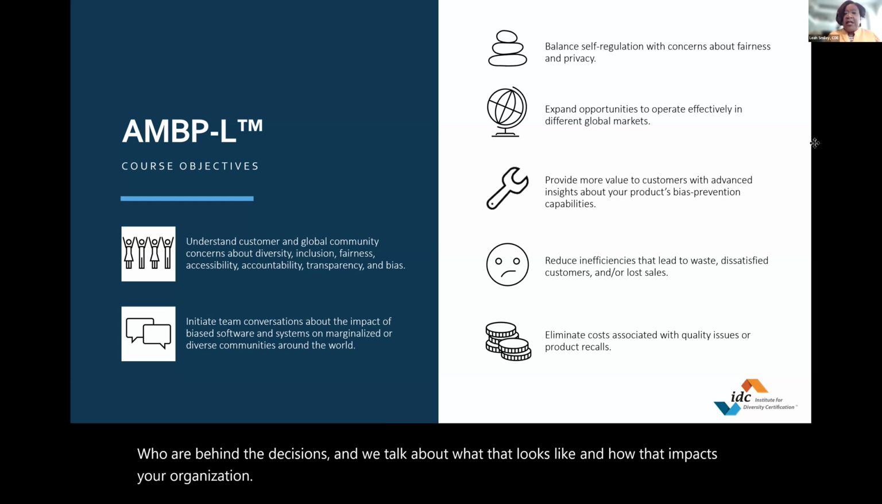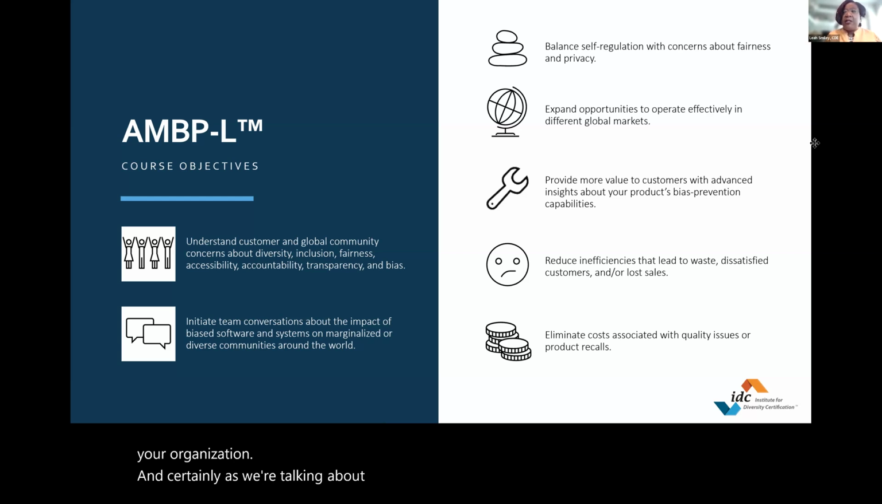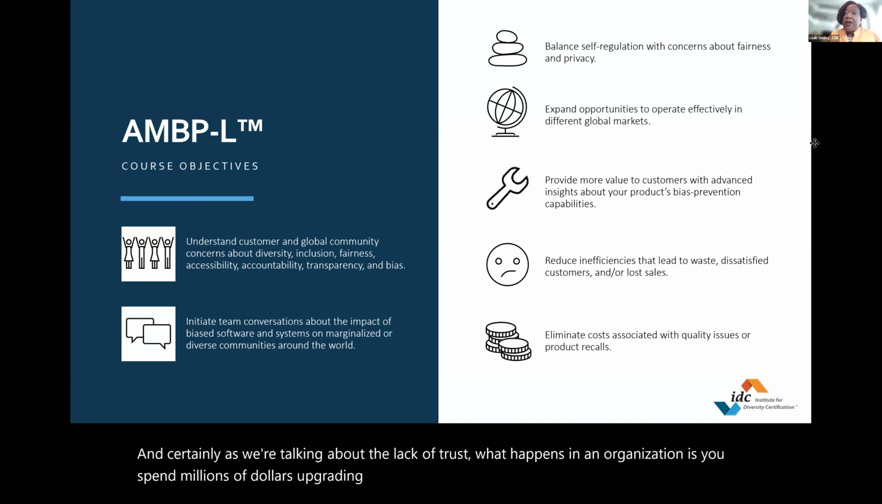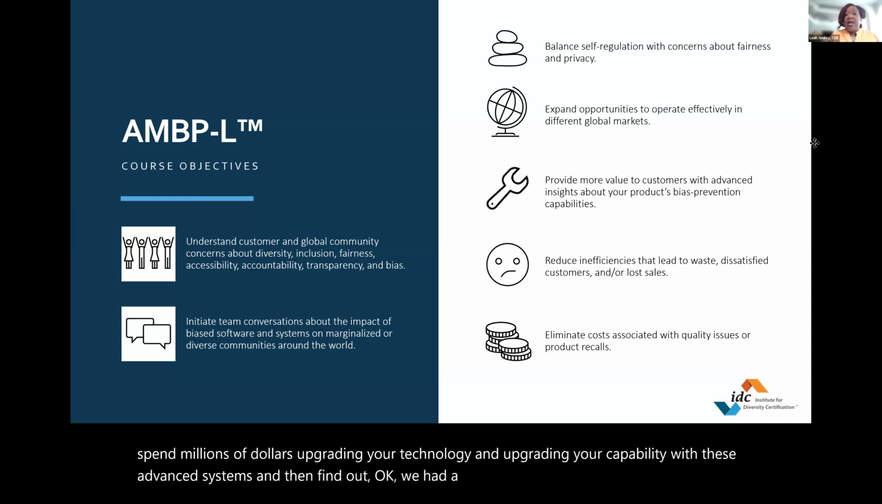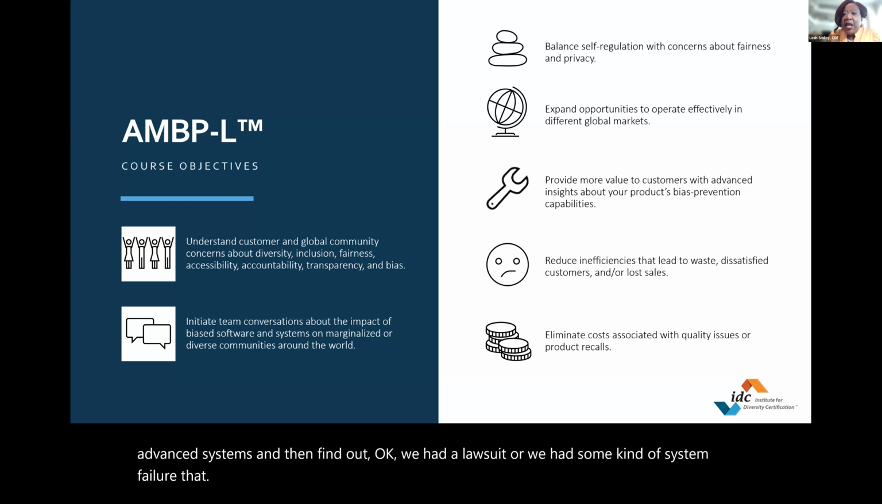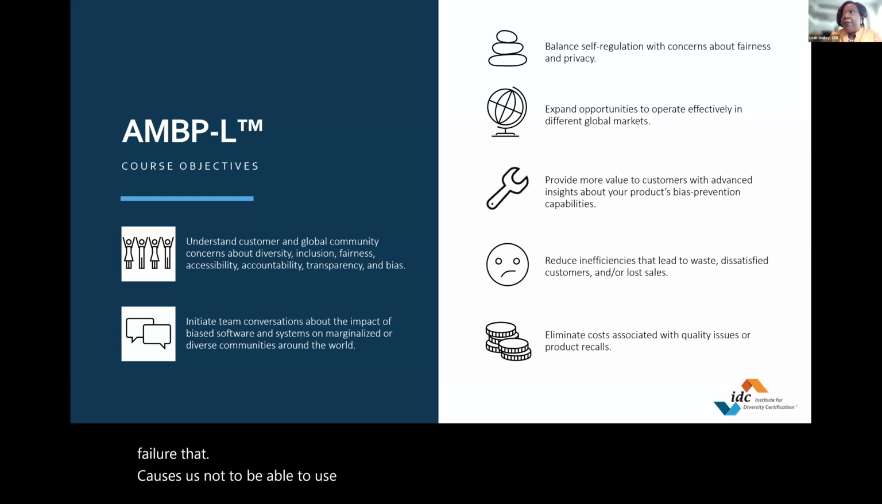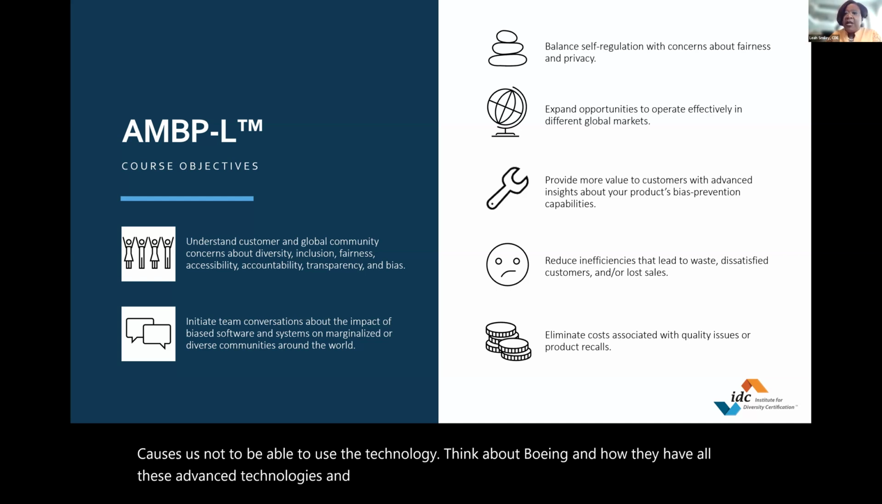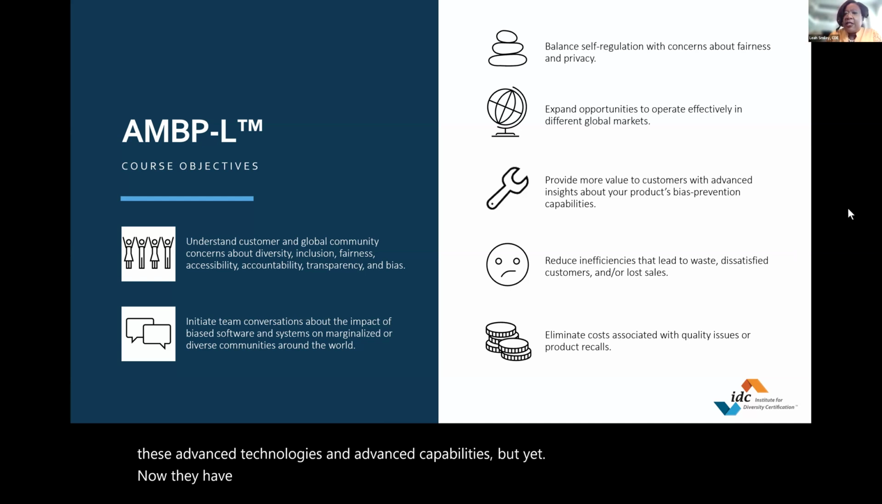And certainly, as we're talking about the lack of trust, what happens in an organization is you spend millions of dollars upgrading your technology and upgrading your capability with these advanced systems, and then find out, okay, we had a lawsuit or we had some kind of system failure that causes us not to be able to use the technology. Think about Boeing and how they have all these advanced technologies and advanced capabilities, but yet now waste in customers as well as